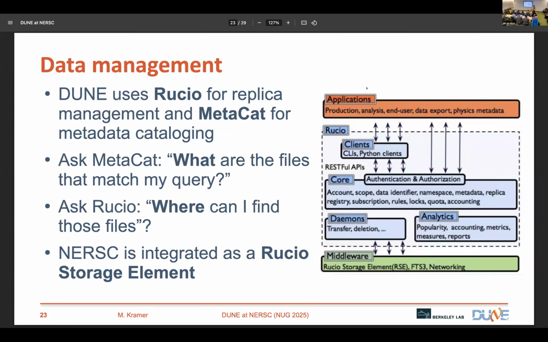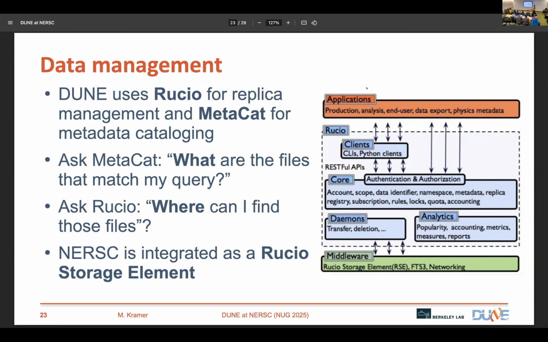We also have a centralized data management system based on Rucio, which is also used by, for example, LHC experiments. Rucio keeps track of where copies of files are, but doesn't keep track of metadata so much. That's the job of something that was custom developed for other Fermilab experiments called MetaCat. And so we can ask MetaCat, hey, I want files from this calibration run, and MetaCat will tell us what the file names are. Then we can go to Rucio and ask Rucio, where can we find those files? And Rucio will tell us that. And then ideally, the users don't have to actually do this step-by-step process. Justin will take care of it for them, but that's how these services fit together.